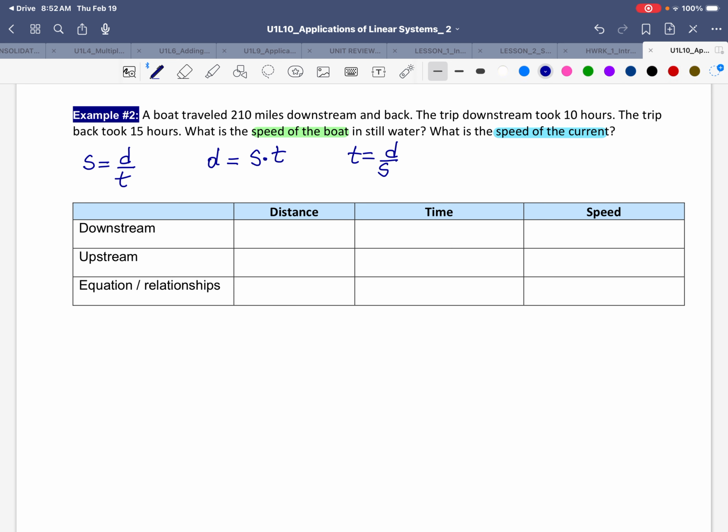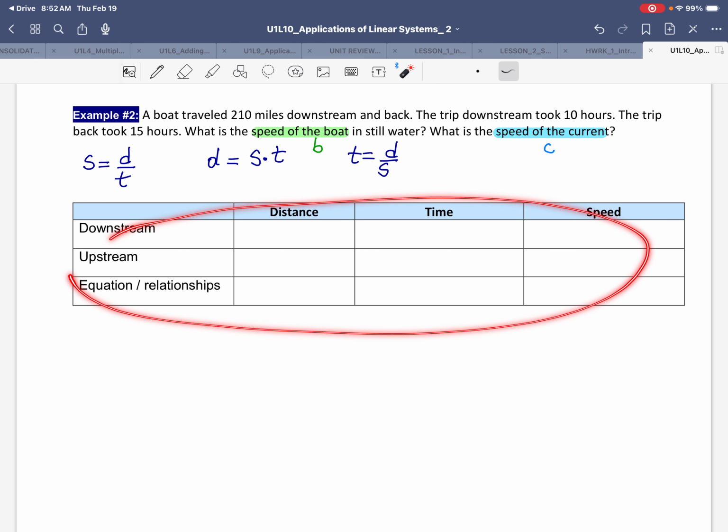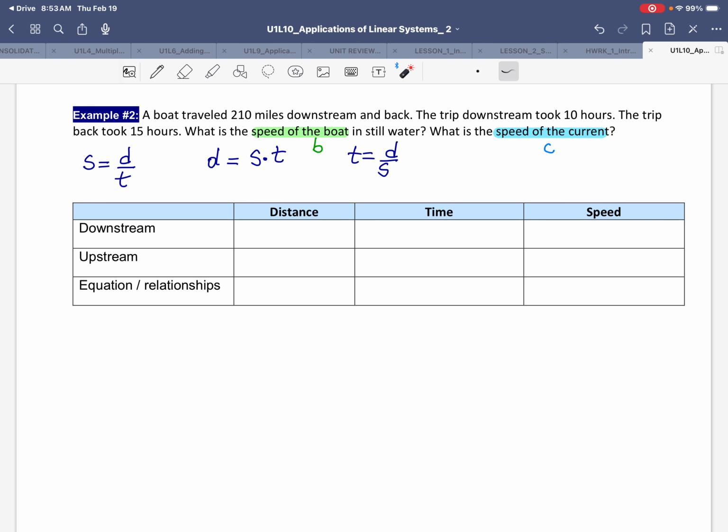The speed of the boat is going to be one of the variables. So we're going to call this the variable B. And the speed of the current, let's call this the variable C. Now, usually I like to create a chart especially for these type of questions when we're going with or against current. And this is optional, but I find that this actually makes the solution a lot clearer, and it helps with getting to the right answer,